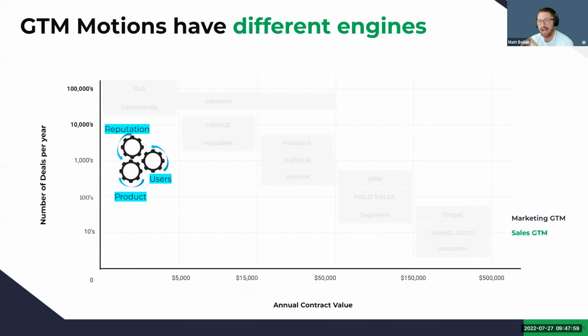Next, let's look at this. How do go-to-market motions have different engines? So I talked about, we have our PLG motion, we have the pro motion, and this is PLG. So how you grow your business is different. Specifically for pro, this is based on reputation, meaning G2, right? You're going to go to G2, you're going to look up how the users rank, and G2, Product Hunt, all